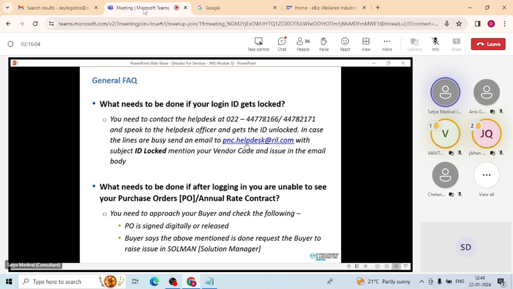One more mail ID is supplierfirst.beta@ril.com. You can directly send a mail to this ID. You will receive a ticket number. Whenever the person working on your issue makes any changes, you will receive a confirmation in the mail that this activity is resolved, responded, or processed. Like this, you will get a message if you send a mail to